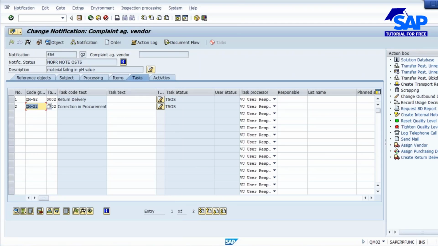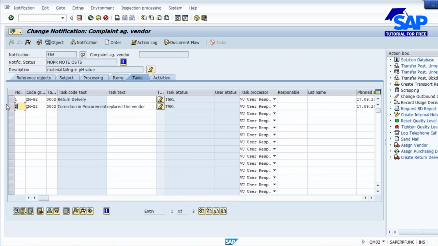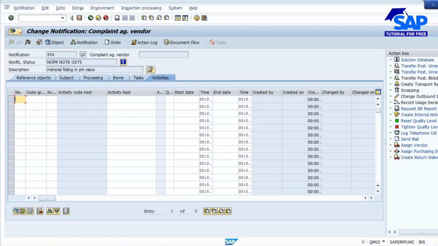You can write, for example, replace the vendor; you can write some task over here. Once all tasks have been done, you select the task and release it. Then finally, when these tasks are completed, select the task and say that these tasks are completed. You can write whatever activities you have done exactly, and the start date and end date, on which date you started the activity and on which date you ended it, you can write it over here.